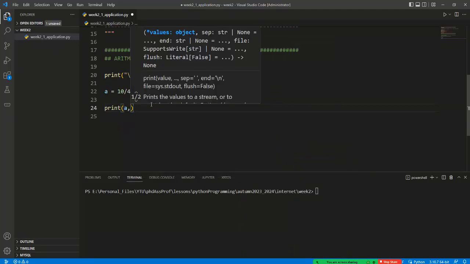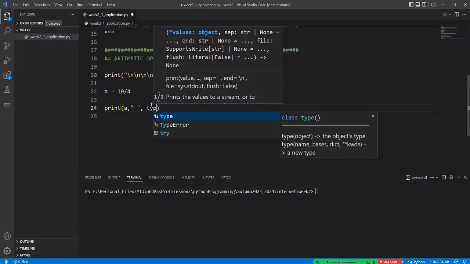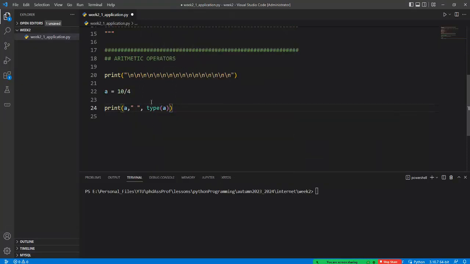in here like this one, and I can give some type operation here. Type is a function, a built-in function, in order to what? In order to get the type of the variable. For example, in this case we have the variable a in here, 10 divided by 4, and then we will see the type of a. Okay, and so if I run the code in here,